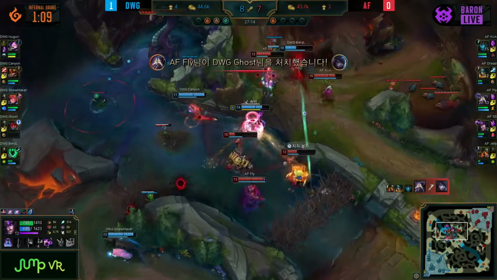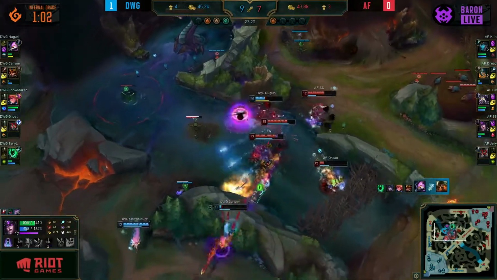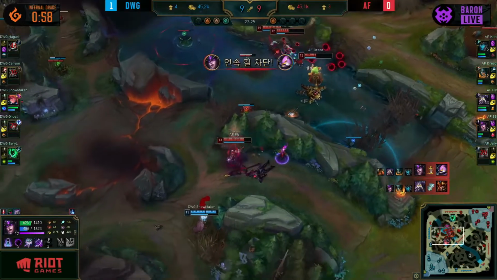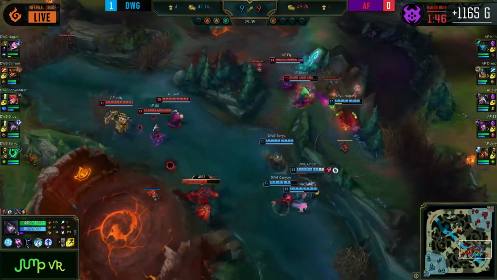It's going to get burst down, but here's Nuguri. Immediately it gets exhausted, but it still is enough to do the damage. But now Canyon, they don't have anything left in the tank. Nuguri will go down as well. It's only Showmaker, and he is being hunted down through the jungle, as the Baron is available for Afrika, they're looking to